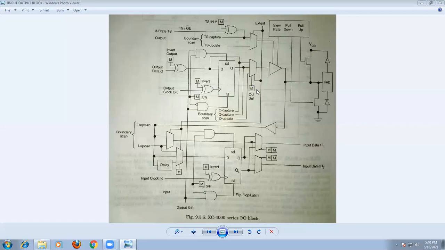Here, these are the input output pads. We can call this the pad. The IO pad is connected to one pin of the IC package. This is only one CLB IO block. So this point will be connected to one pin of the IC package. Through this, external inputs can be given to the logic cell.